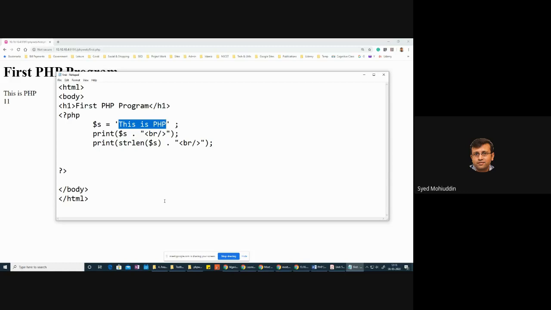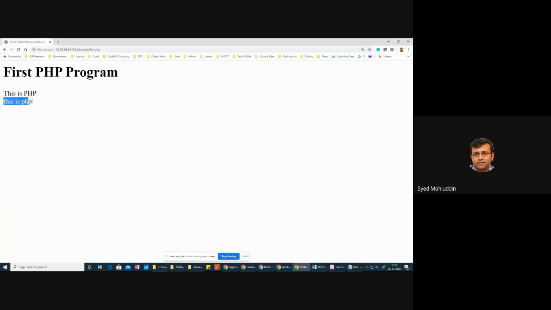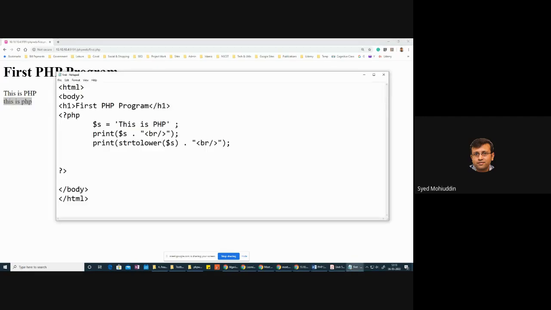Now there is a method trim which will remove the white spaces from the start, the beginning, as well as the end of the string. There are other methods also. Let us use strtolower, which will convert everything into lowercase. The same way there is a toupper, which will convert everything into uppercase, as well as we have the